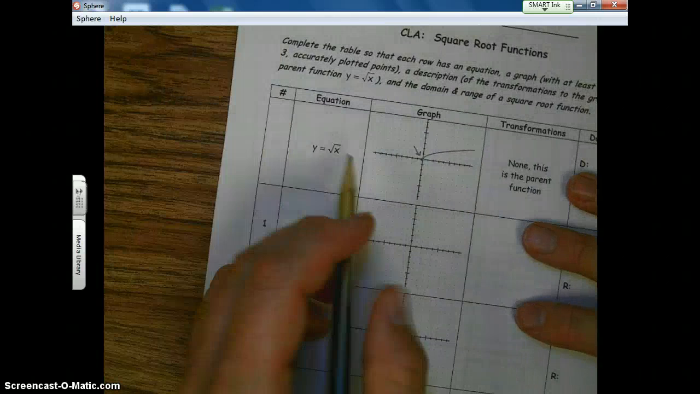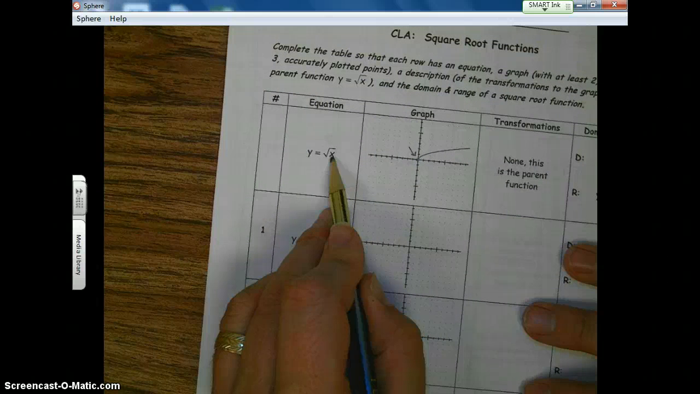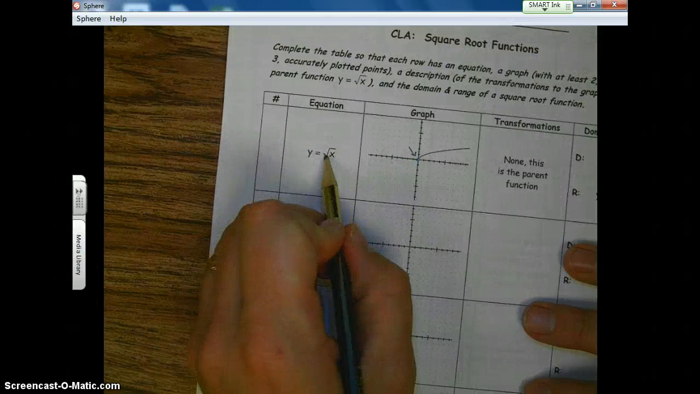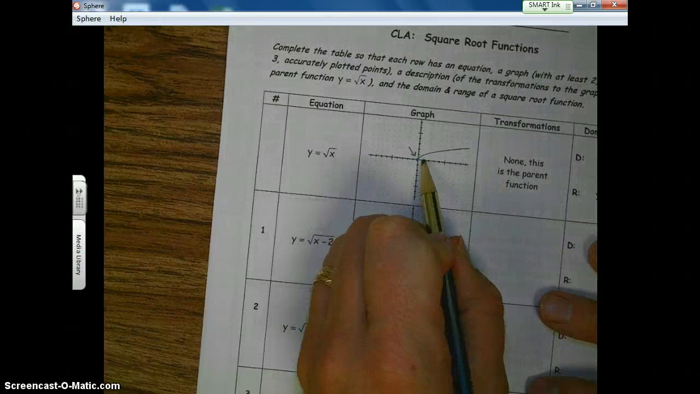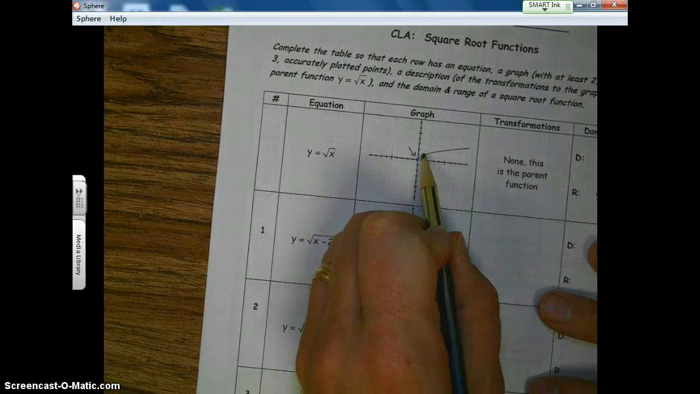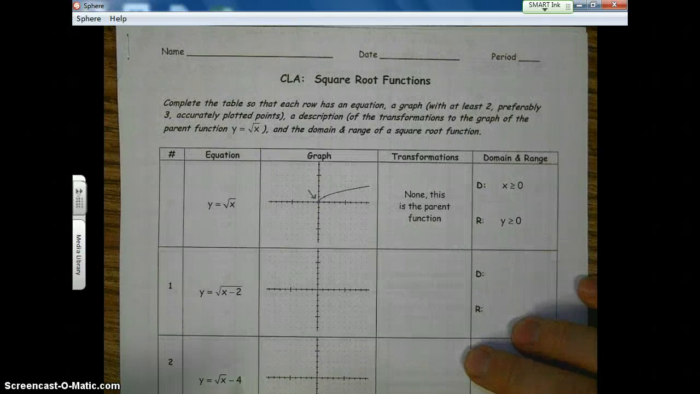Now here's what you need to know when graphing a square root function. You need to know your perfect squares. For example, the square root of 1, so if I go over 1 unit, the square root of 1 is 1. So when graphing,